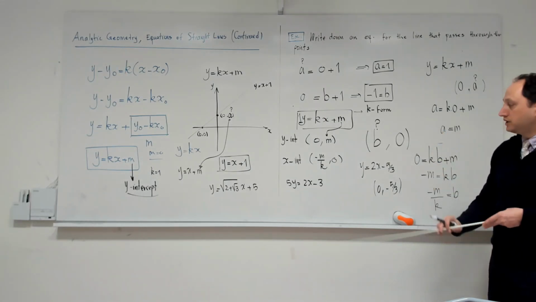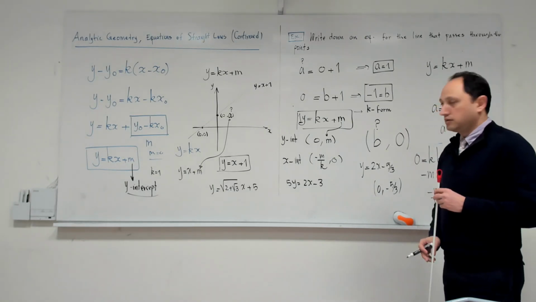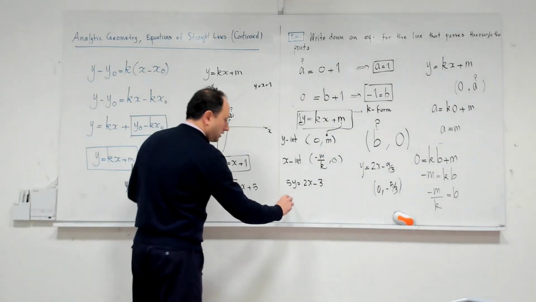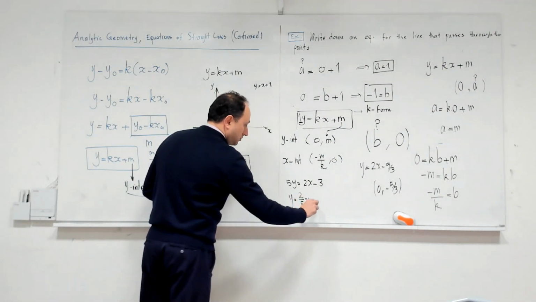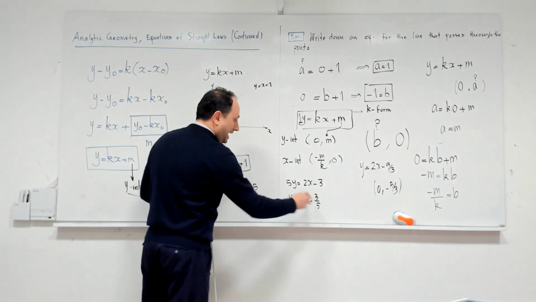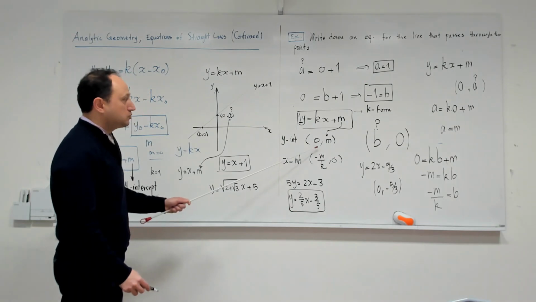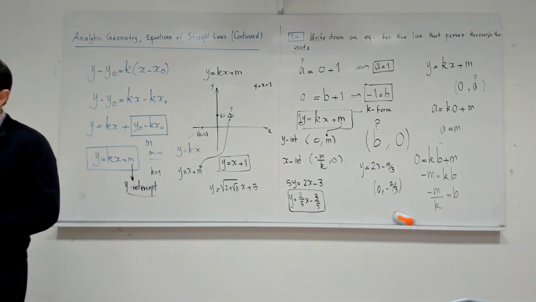So you have to reduce it to the k form yourself. Is the answer minus 3 divided by 5? So you have to make this one 1. So you divide by 5 first. This becomes 2/5 x minus 3 over 5. Now it is in the k form, so I can use my memory and say that minus 3 over 5 is the